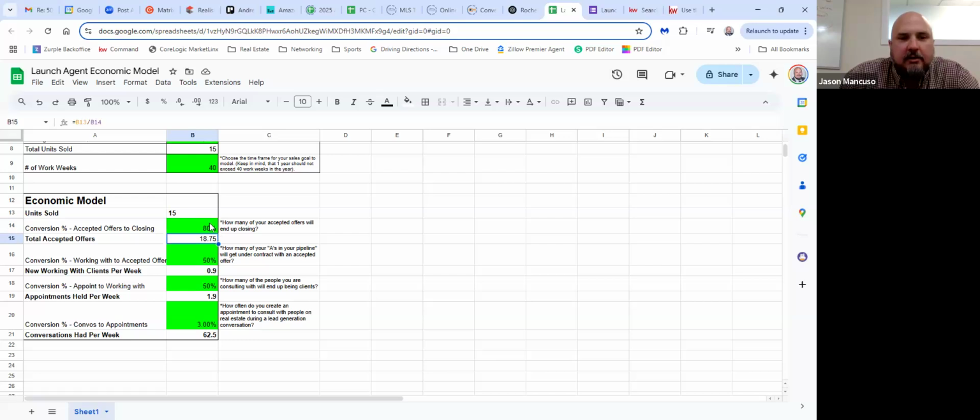So with that said, in order to convert at an 80% level, in order to close 15 homes, if you convert 80% of what you get under contract to close, you're going to need just under 19 accepted offers throughout the course of the year in order to close 15 deals. Okay. So to get our 19 accepted offers, the step before that would be that you have formal working relationships that you're excited about working with,